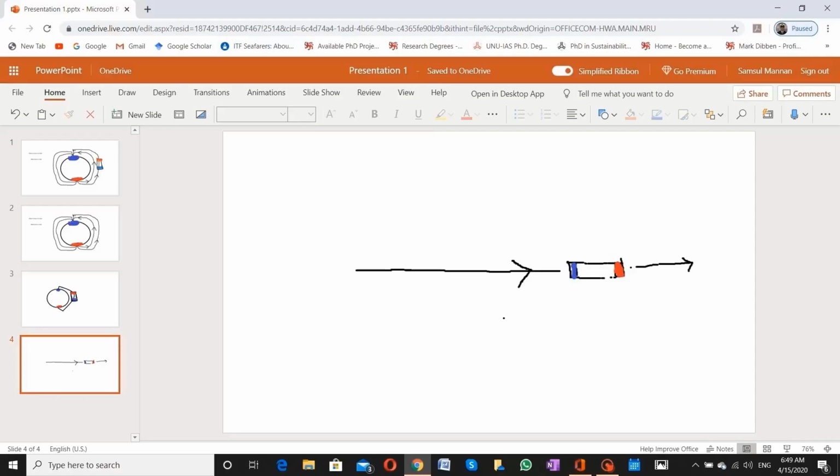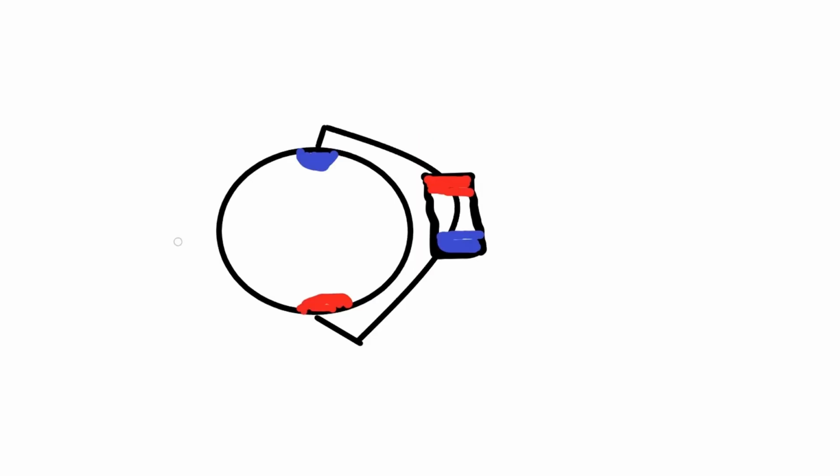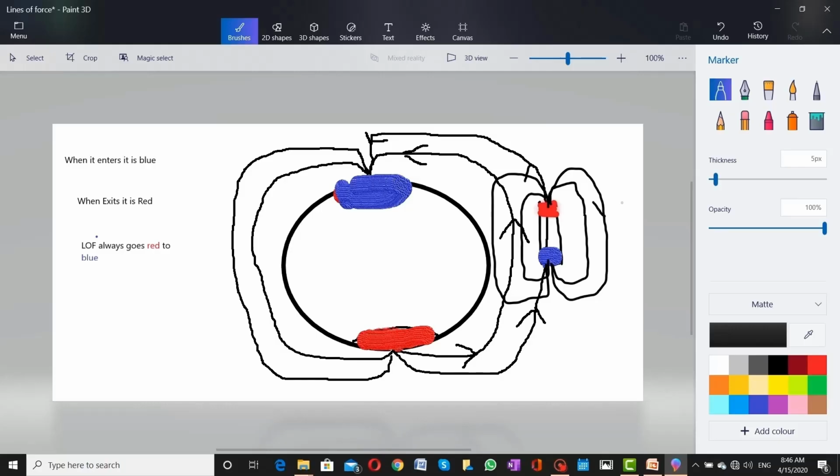Now, as this magnetic substance has two poles, obviously it will also have its own magnetic lines of force. How will these magnetic lines of force travel? These magnetic lines of force will travel from the red pole to the blue pole. Why? Because if we keep a standalone red pole, it will be deflected by the red pole or attracted by the blue pole of that magnetic substance, and it will create its own magnetic lines of force